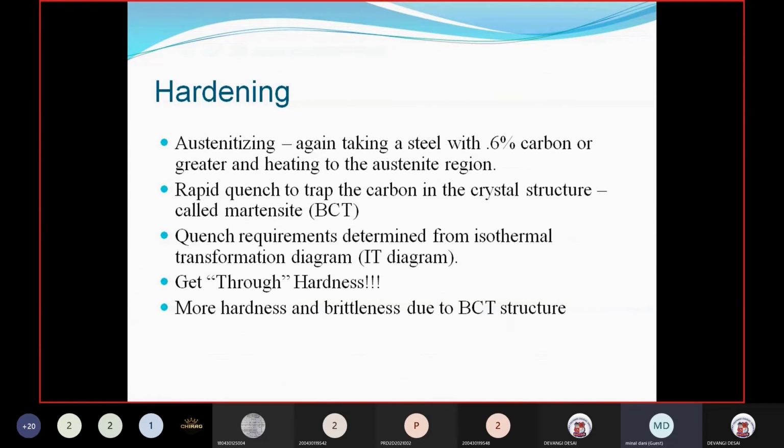So here that thing will come into the picture, that now we have changed the cooling cycle. We are not getting ferrite and pearlite. Here we are getting martensite phase, which has a body centered tetragonal structure. Not like pearlite and not like ferrite, here the carbon arrangement is in a body centered tetragonal way. So we are providing better hardness with the martensitic structure. Okay, madam, next slide.